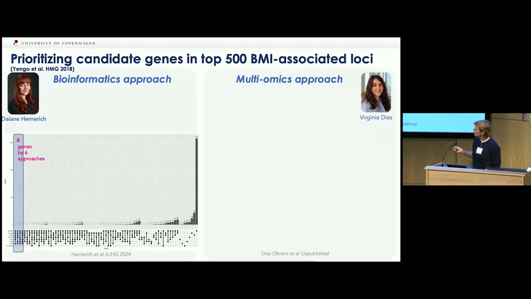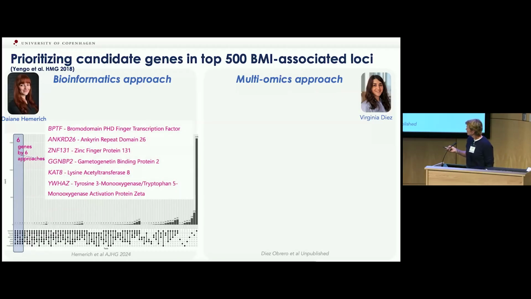So that's not all approaches, but these are these 6 genes, and I won't go into the detail, but some of them are indeed confirmed, or not necessarily confirmed, but also supported by animal studies that they may play a role in the obesity context. And they do not always point to the brain, but often also to adipocyte biology.